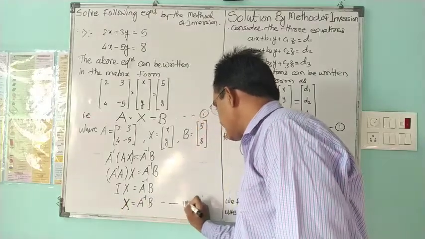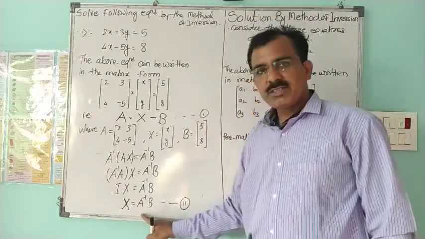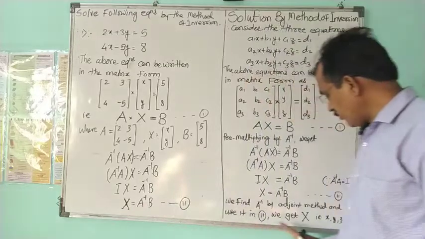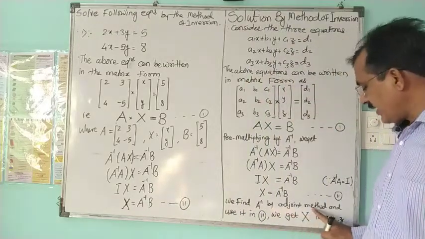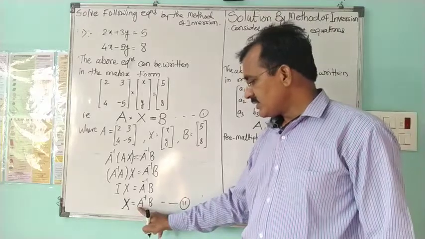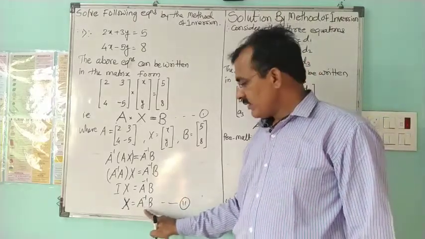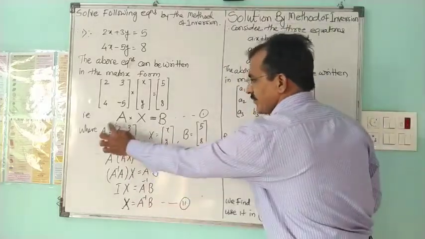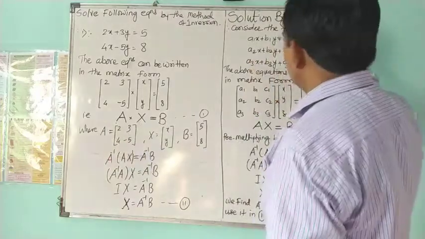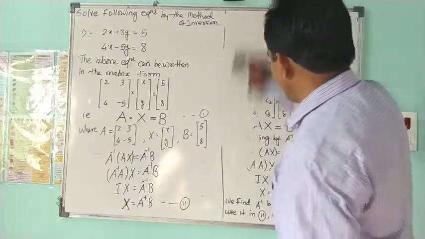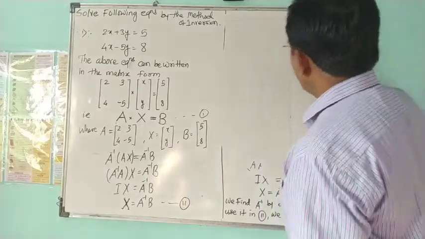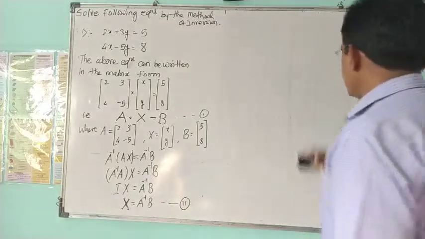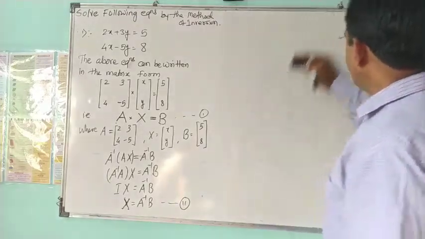So if I say this as equation 2, now in equation 2, what are we requiring? We are requiring A inverse. And by which method do we want to find it? We want to find it by adjoint method. So when we get A inverse, then take product of A inverse with B, which will give us the matrix capital X. So let us use the matrix A to find its inverse. So inverse is to be evaluated by using the adjoint method. We can find it by row transformation, column transformation, but it is easy to get inverse by adjoint method.